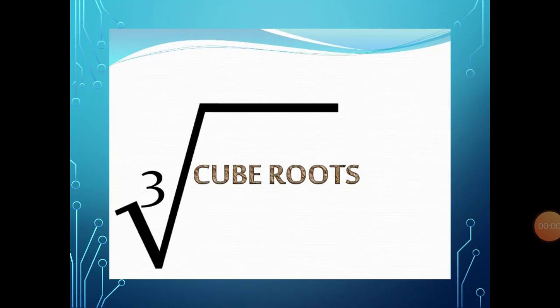Students, we have seen the properties of cube numbers in our previous video. Today we will go with the cube root. As you can see in the slide, there is a root symbol and there it is written 3. It means cube root is represented by the root with 3. 3 means it is a cube and root means root. So, cube root.